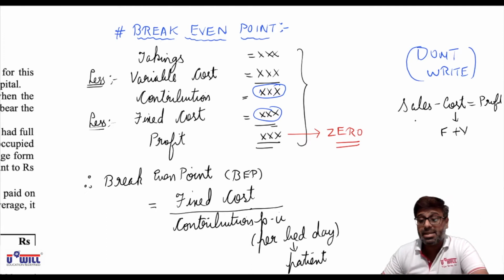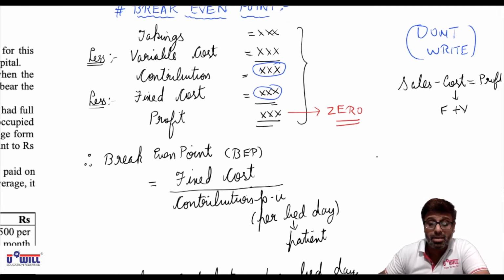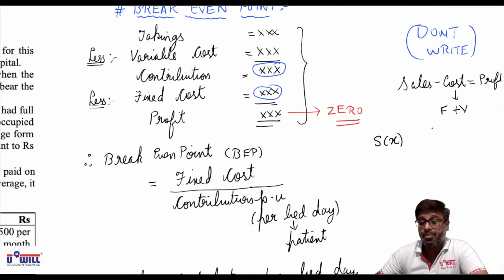If I expand this statement in mathematical terms, sales means selling price per unit into number of units X is the total sales revenue, minus